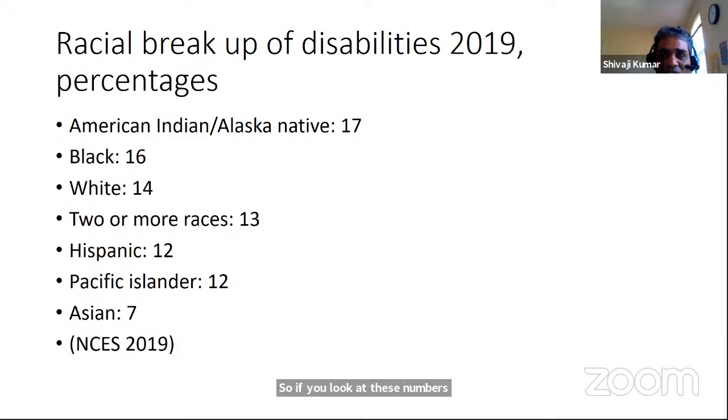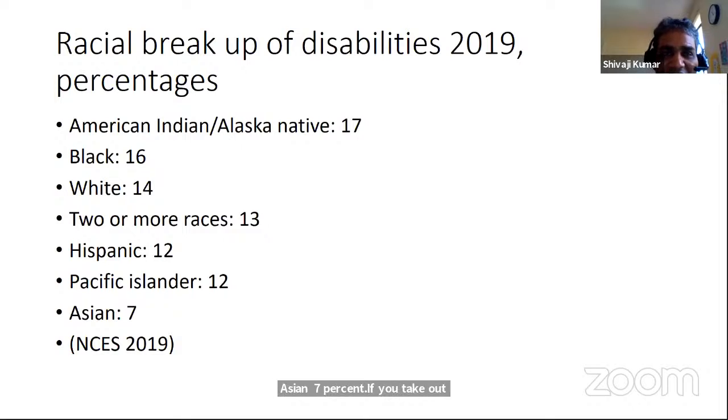Black students are 16. White students are 14%. Mixed race, 13%. Hispanic and Pacific Islanders, 12%. Asian, 7%. So if you take out these two numbers,